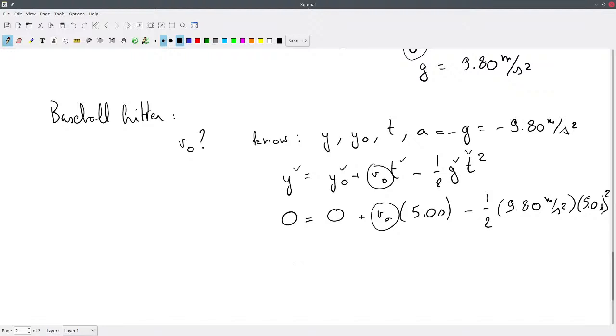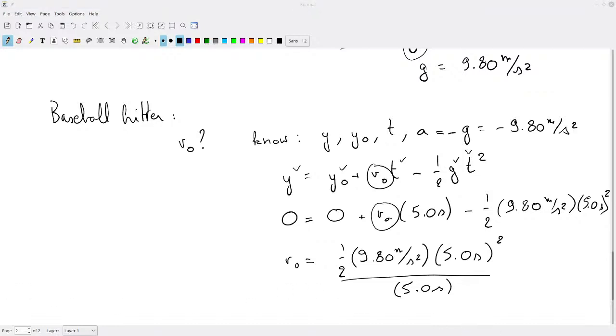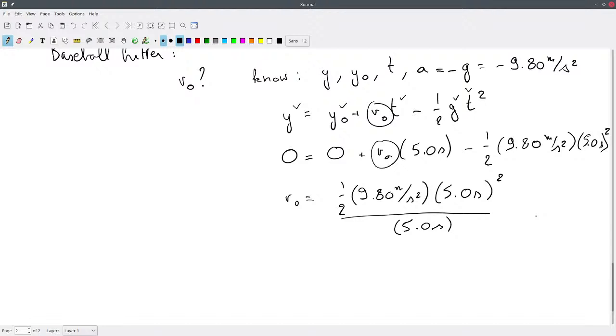We can actually write v0 is 1/2 times 9.80 meters per second squared times 5.0 seconds squared, and this all divided by 5.0 seconds, right? And if we calculate what v0 is, we'll find that v0 is